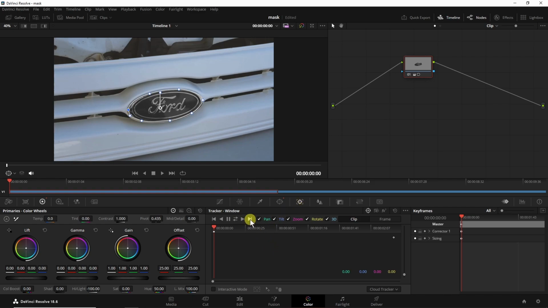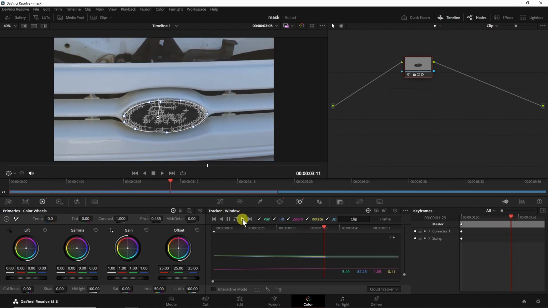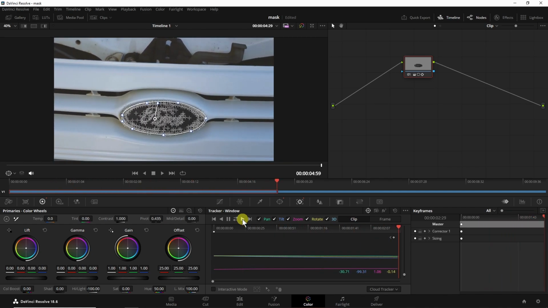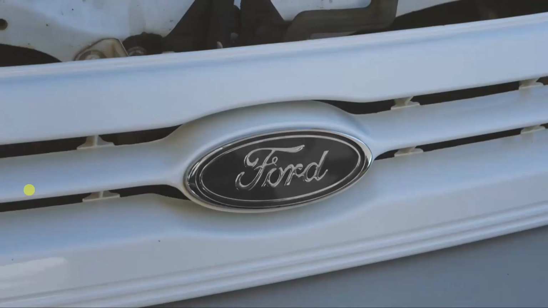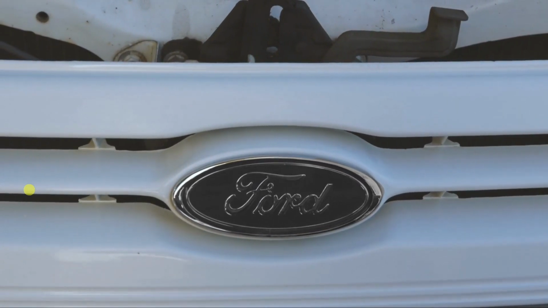If you click on this icon, then it will track one frame forward. If I click on it, then as you can see, it tracked my first frame. And to track your whole clip, click on this track forward icon. It will track your whole clip. I'll simply click on it, and as you can see, my whole clip is now masked. And there you go, I have successfully masked my whole clip. If I play my video, you can see the highlight and saturation effect is applied to my mask.